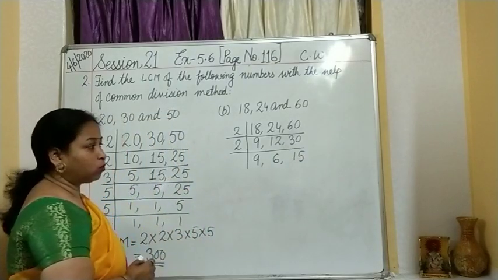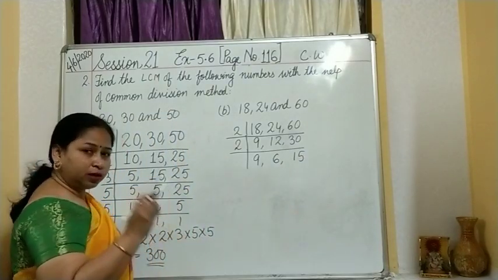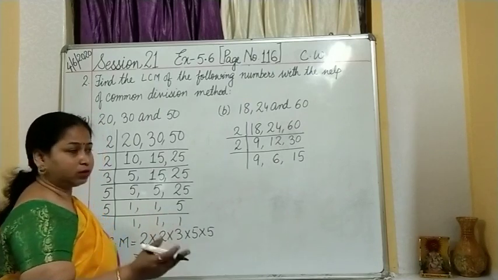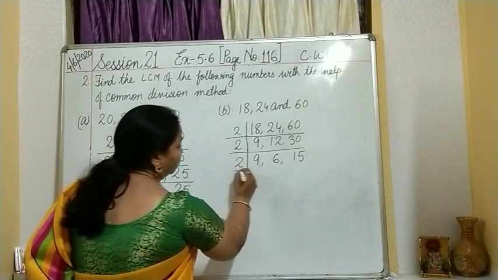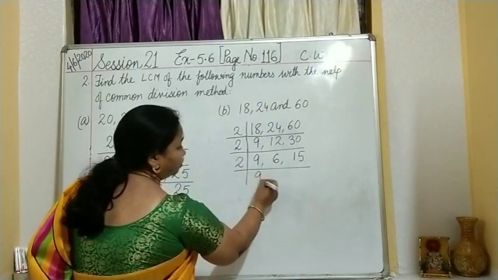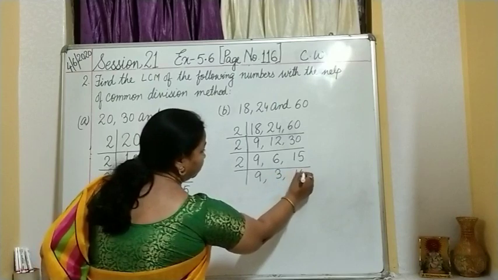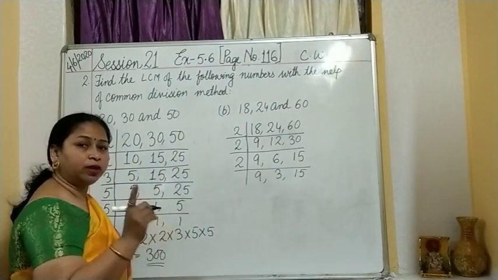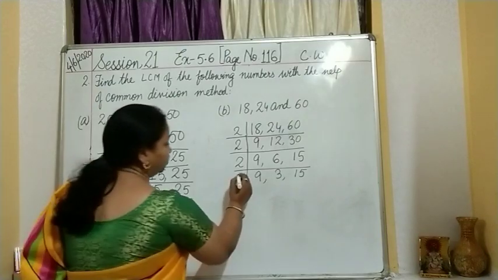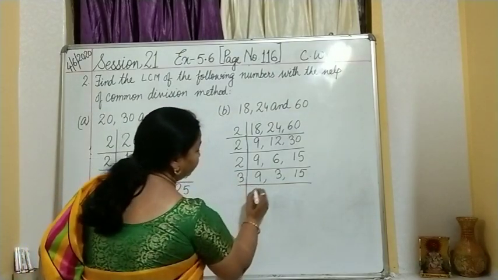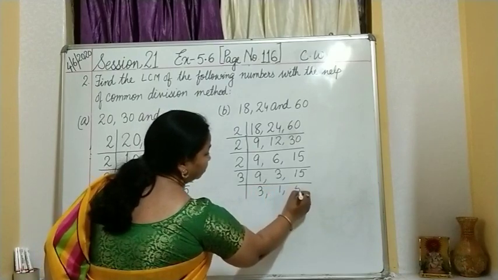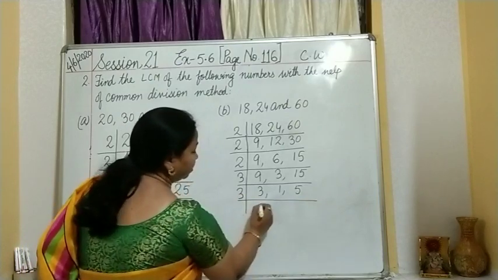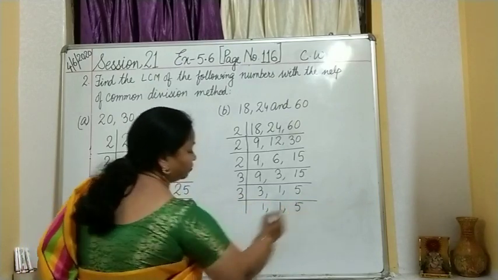Is it divisible by 2? Again, as long as any number appears which is divisible by 2, you have to do it. 2 or 3 as the case may be. So 2 divided, 9 will be dropped down as it is. 6 will be divisible now. 15. Now 9, 3 and 15 are not divisible by 2. They are divisible by the next prime number 3. So we write down 3 over here, divided. 3 3s are, 3 1s are, 3 5s. Then 3 again, what will we get? 1 over here, 1 over here, 5.